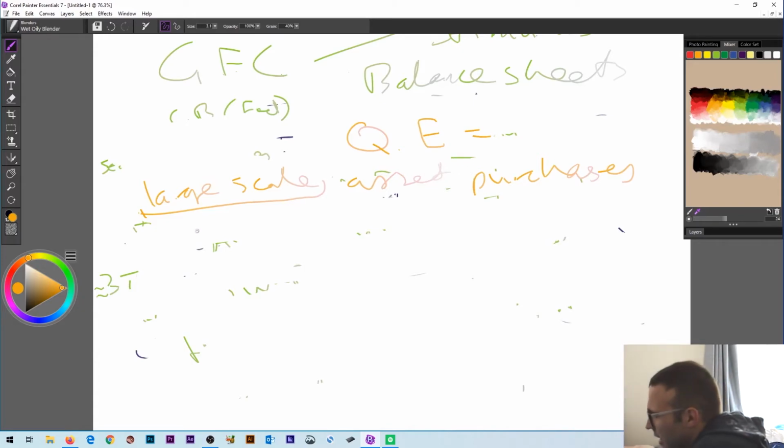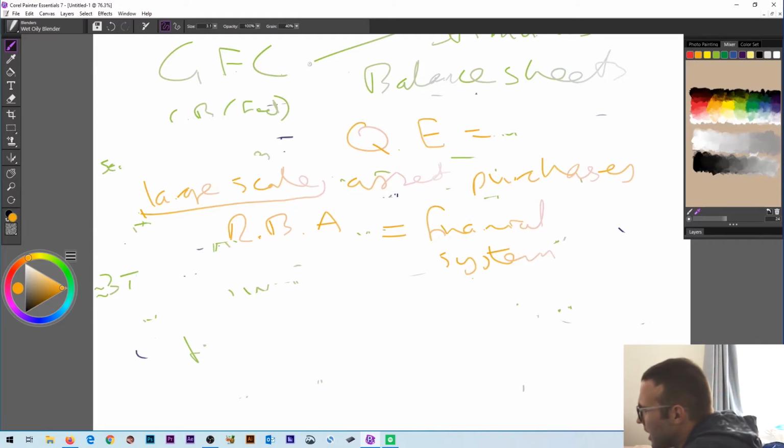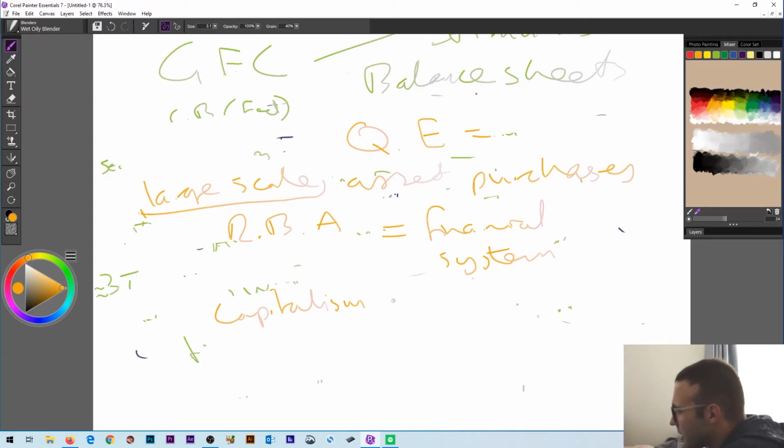And the thing is, and this is the same with the RBA, which also did quantitative easing and is doing quantitative easing now. The thing is, the RBA and the Fed and all that, they can only work through the financial system. So that's why you get this idea that the global financial crisis was a test of capitalism, because the banks got bailed out, ultimately. It was the big banks, big investment firms, I'm pretty sure hedge funds as well, all that kind of jazz. It's all the big financial stuff.